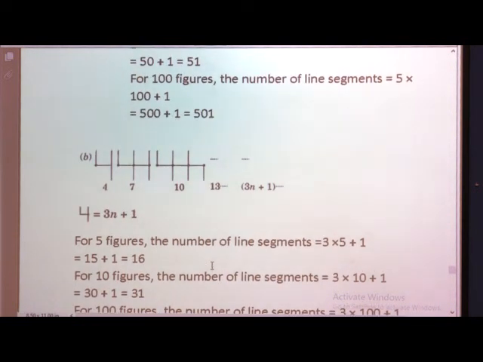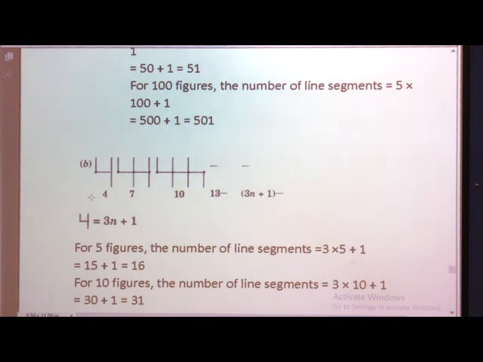So, in this way we have another example also. You can see here 1, 2, 3, 4 segments are required, here also 4, and when we attach another same segment here we require 7, then we require 10. So what will be the formula, how can we find it out? When you want a similar pattern like a 4 in the digital clock, we require 1, 2, 3, 4. So the formula is 3n plus 1, where n may be any natural number.